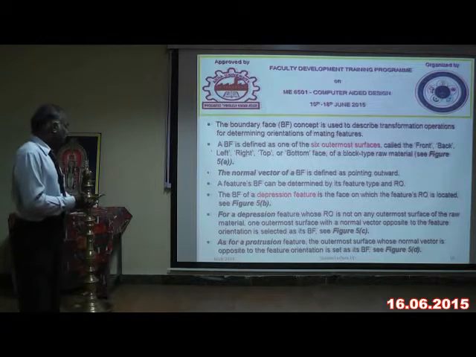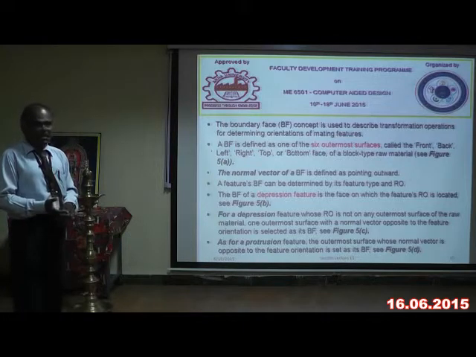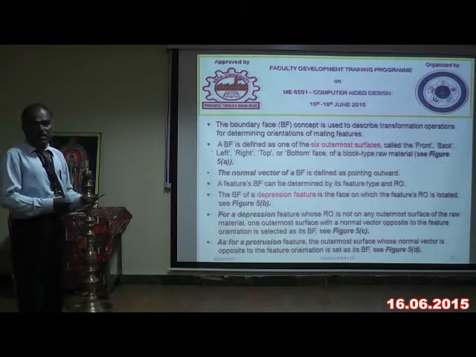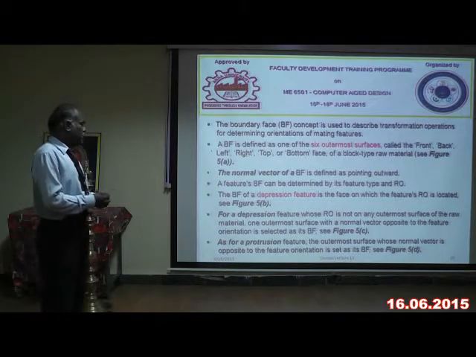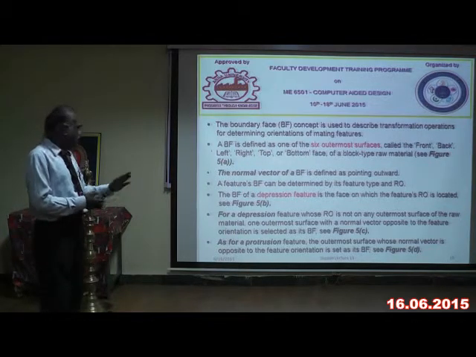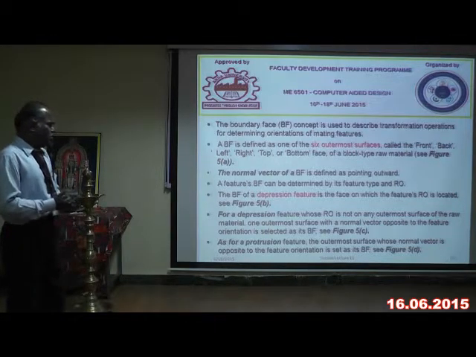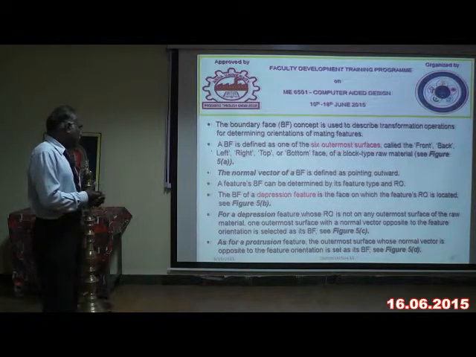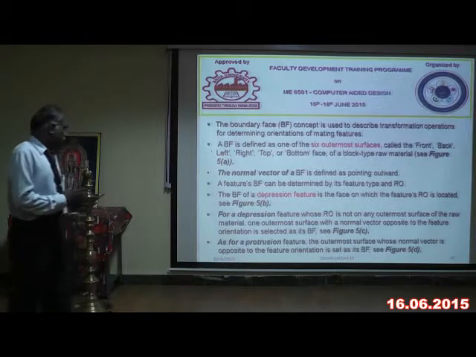And then the feature's boundary face can be determined by the feature type and the reference origin. The boundary face of the depression feature is shown here in B. In diagram B, it is the place on which the feature's reference origin is located. For the depression in diagram C, the reference origin is not on the outermost surface of the raw material, but on the outermost surface with a normal vector opposite to the feature orientation. Some difference between B and C. And as for a protrusion feature,